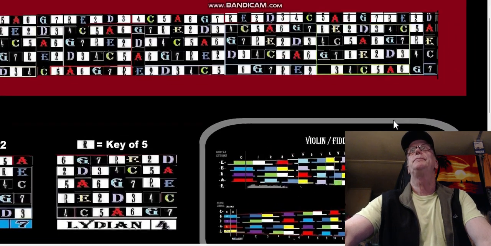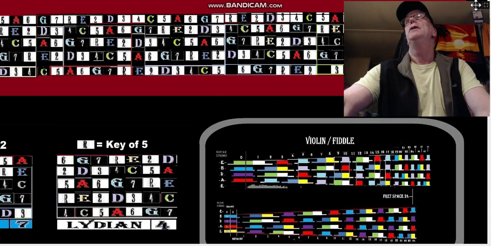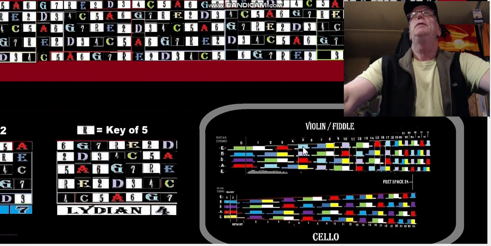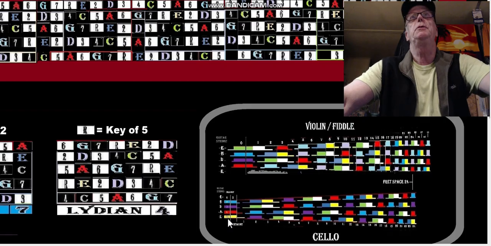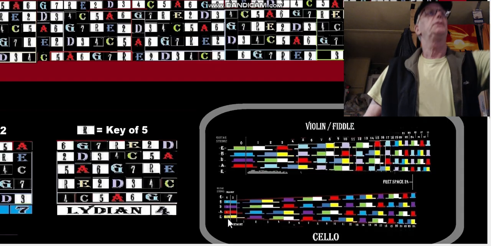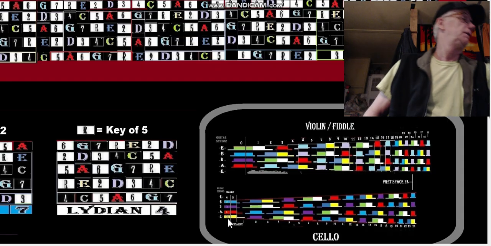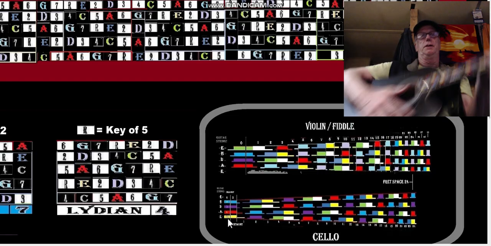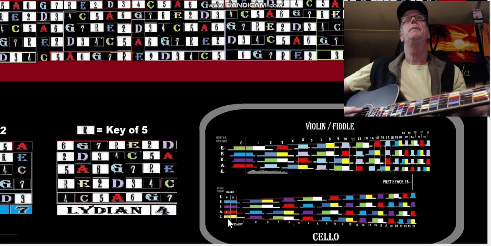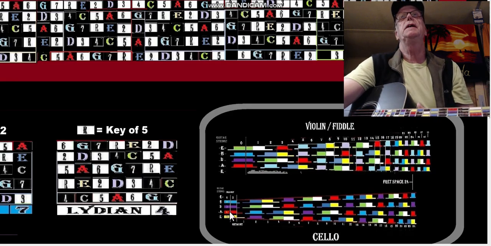Let's look at that. Let's get me out of the way. We don't have time to fuss with moving the whole thing around. But here's the violin, fiddle, and that's going to be on the top. The cello is going to be on the bottom. The low note, LPN, lowest playable note on the cello, is a C. This low C here. So I've got my cello fiddle guitar tuned to that, and then we go up to the